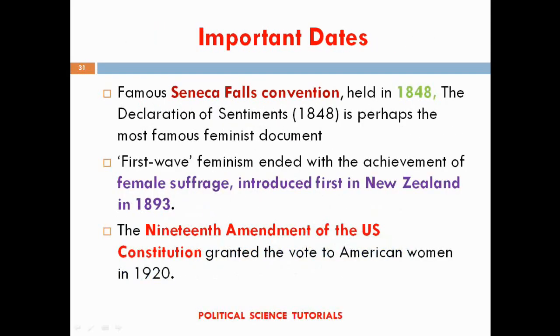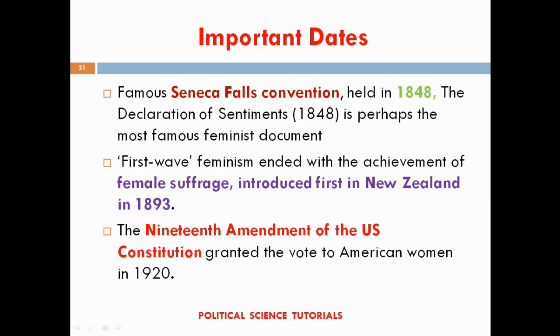Suffrage was the main goal of women's liberation in the first wave feminism in Western countries. But rights concerning property, earnings and higher education, many of which were granted by the end of the 19th century, gave women a chance for economic independence.